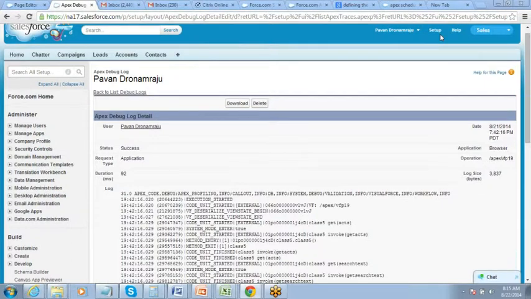Now there is another thing. Debugging the code is a good habit, but debugging is for our benefit, for us to find out whether our code is working properly or not. Now, testing the code. Testing is required to deploy any code to production. Any Apex that you write needs to be tested before it can be moved to production, or before you can create a package out of it. Yesterday we created packages, right? So before any Apex code can come into the package, the code needs to be tested.